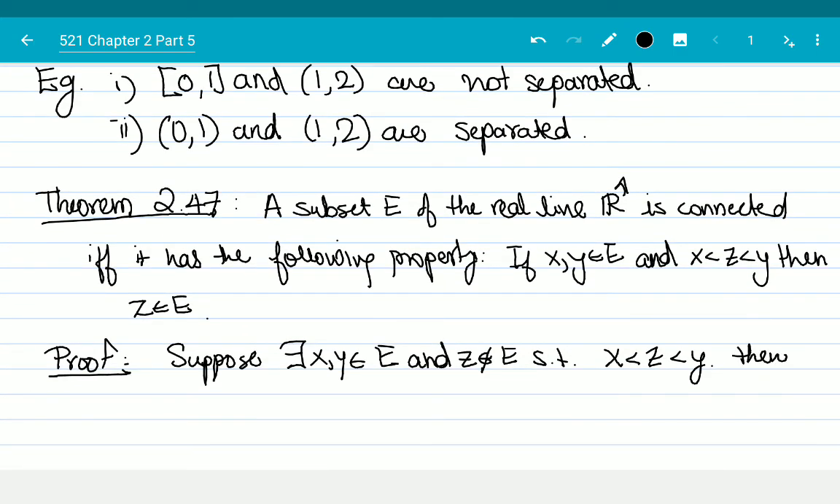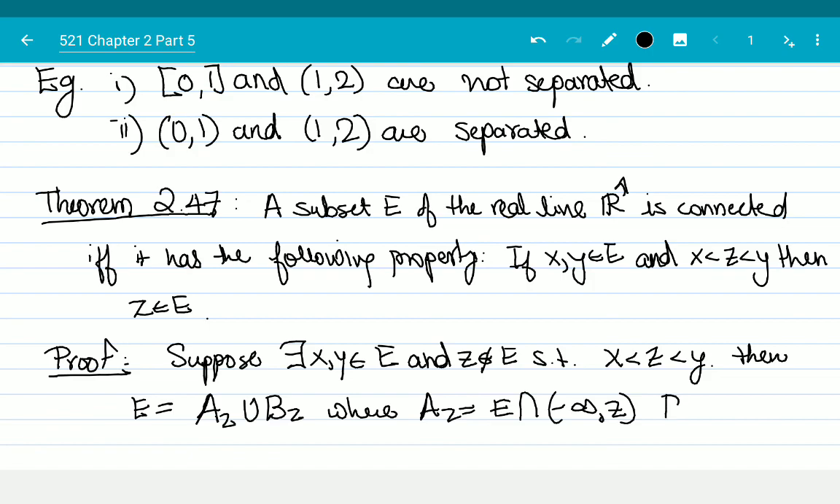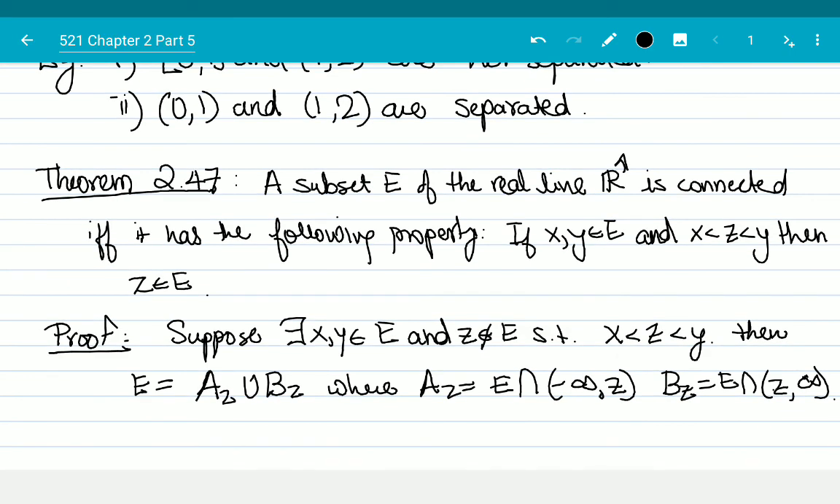then E is equal to AZ union BZ, where AZ is equal to E intersection negative infinity to Z, and BZ is equal to E intersection Z to positive infinity. Okay, both of these are non-empty,